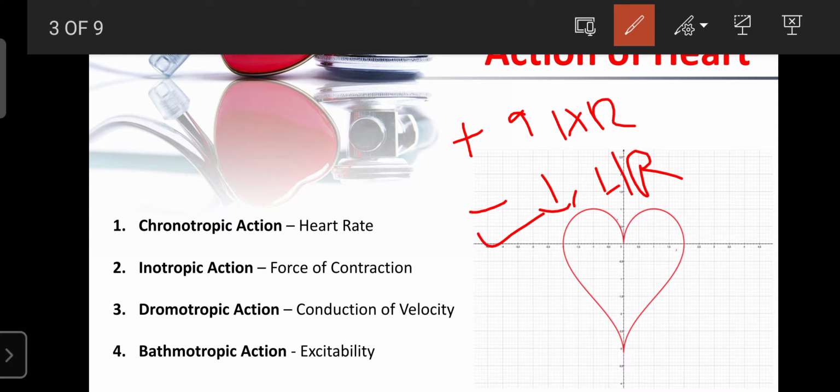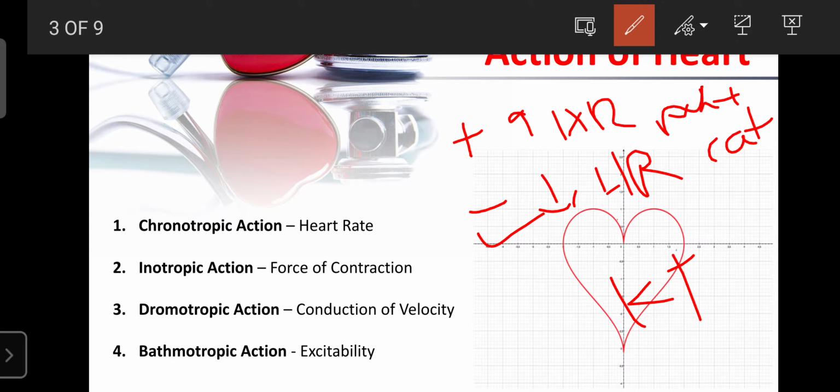Next is the inotropic action. Once again, the heart rate mainly depends upon sodium and calcium. Drugs that increase heart rate enhance sodium and calcium, and those that decrease it enhance the potassium level. So nutrition can reflect on the action of the heart. If sodium and calcium accumulate, that can show the positive inotropic action, so sodium and calcium are also known as positive inotropic agents or elements. And potassium can decrease the heart rate, so it is known as a negative chronotropic agent.